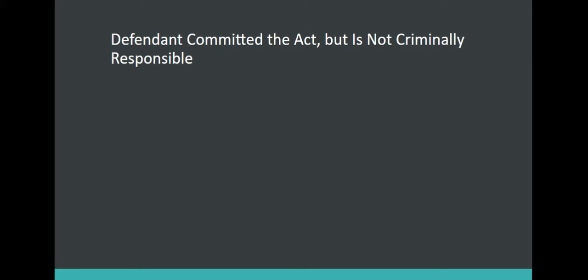And we talked about the defendant committed the act, but it was excusable or justifiable. Either they were defending themselves, they were defending somebody else, or they were defending their property, and they used force, but that force has to be reasonable and not over and above the force that is being used against them. Okay? Well, today we're going to wrap up defenses by looking at the defendant committed the act but is not